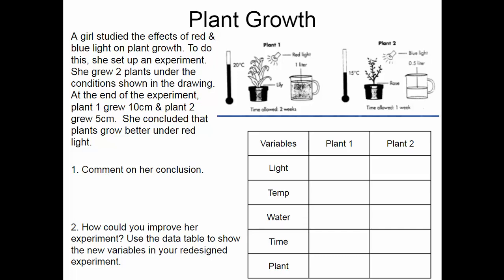Who could summarize? Caitlin? You make it so the amount of time is the same, the amount of water and the temperature are the same, so that it gives a more accurate result. Should anything be different, or should they be exactly the same? Most of the things should be the same except for the light. Yeah, so we would want everything to be the same.